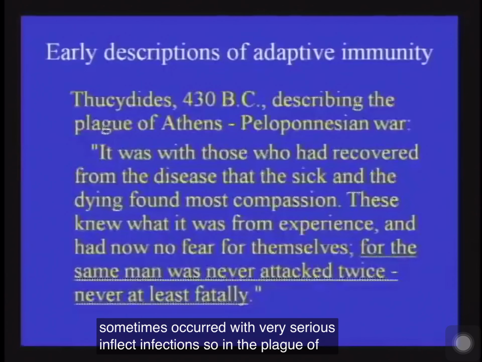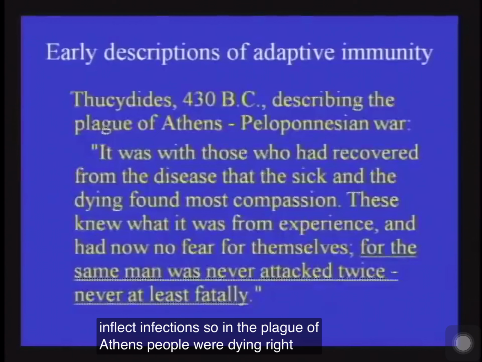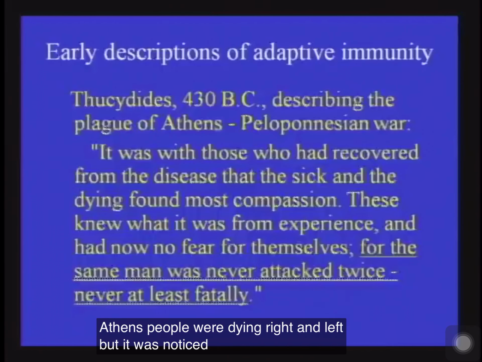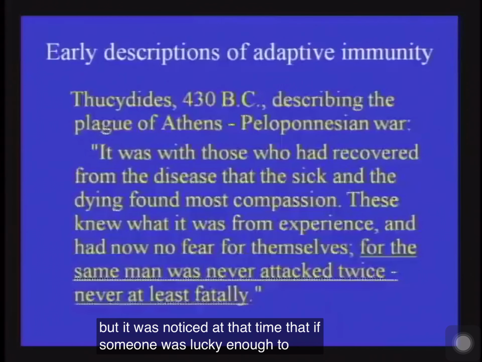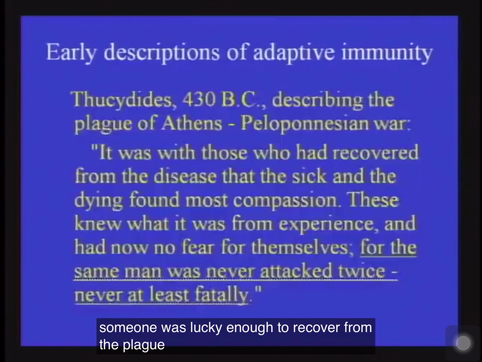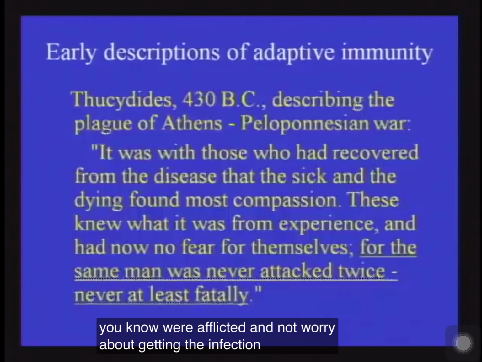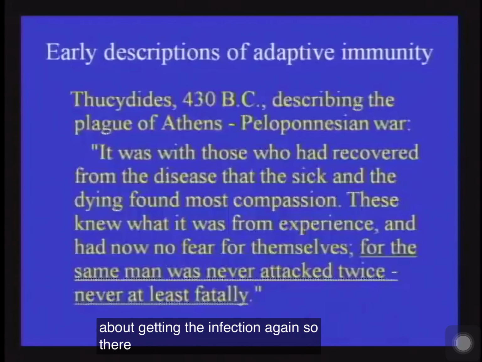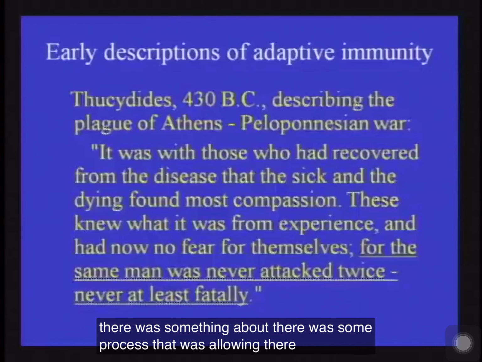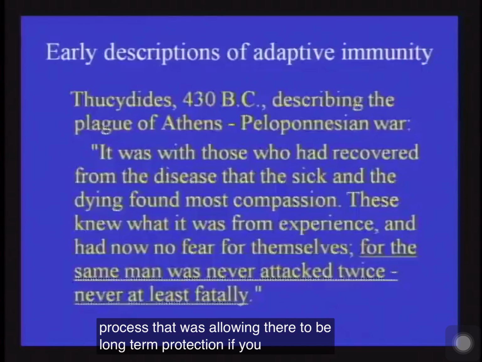So in the plague of Athens, people were dying right and left, but it was noticed at that time that if someone was lucky enough to recover from the plague, they could then go into the population of people who were already afflicted and not worry about getting the infection again. So there was some process that was allowing there to be long-term protection if you survived